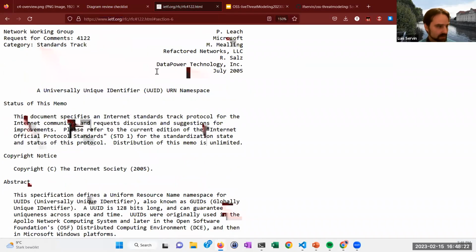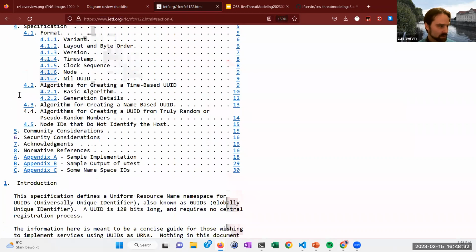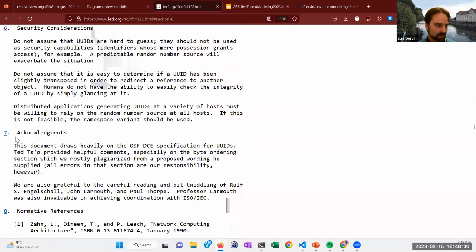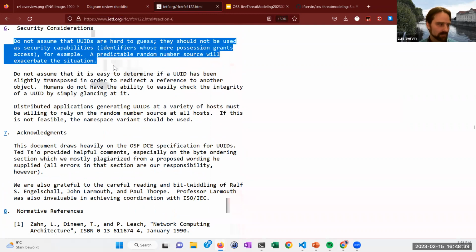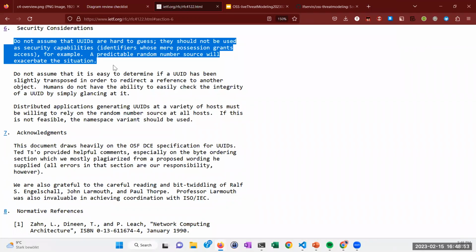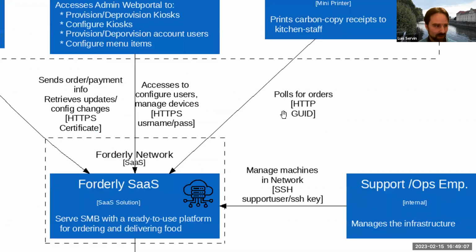Well, do you know what's the best thing about this? There's even an RFC for that, 4122. And like all RFCs, they usually have something for security. So I just went and took a look at security considerations, and they just tell you, hey, do not assume that these very long, apparently very random numbers are hard to guess. Never use them as identifiers. Predicted random number will exacerbate the situation. So basically, amazing. It's a terrible idea. Don't do it. I mean, if the RFC tells you don't do it, you don't do it, right? So that's one thing. So basically, this is horrendous because